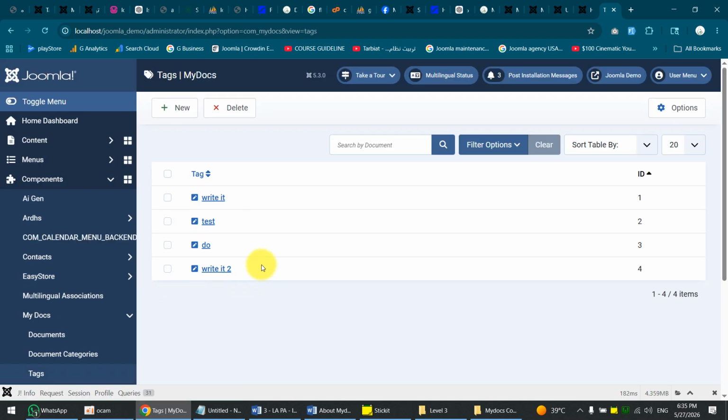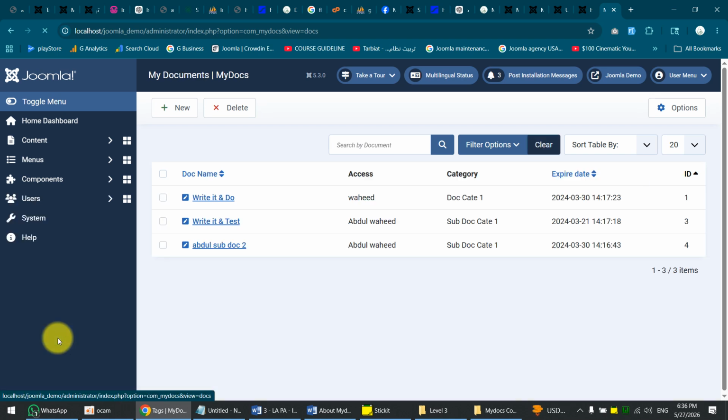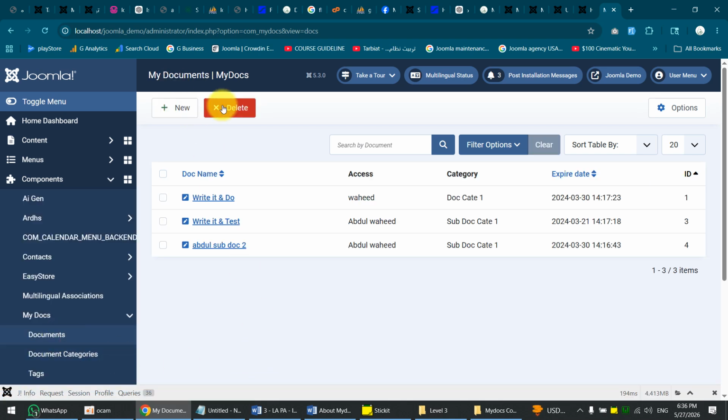Tags are just like the content component, article component tags. They will be used to sort the documents in the front end. And lastly, inside the documents, we create some documents, like I have created a document,